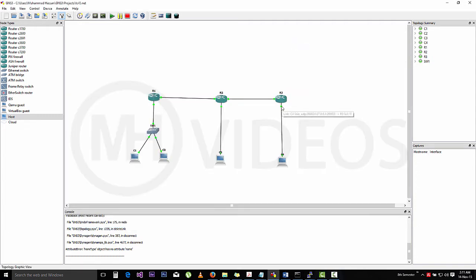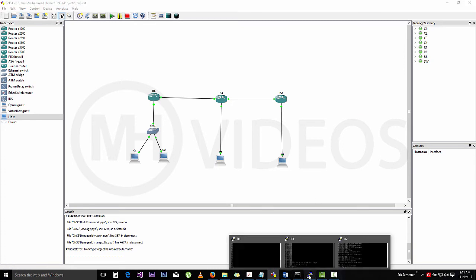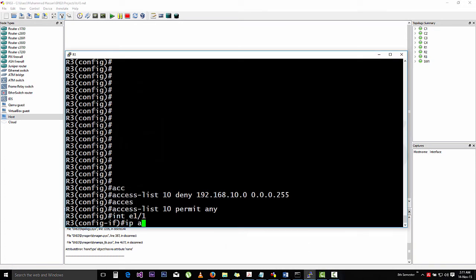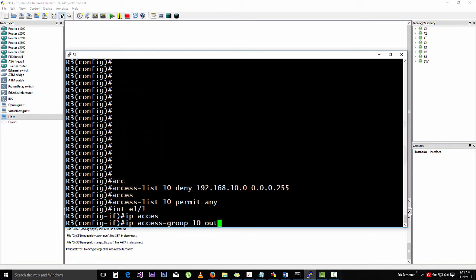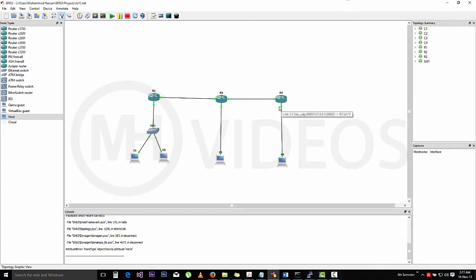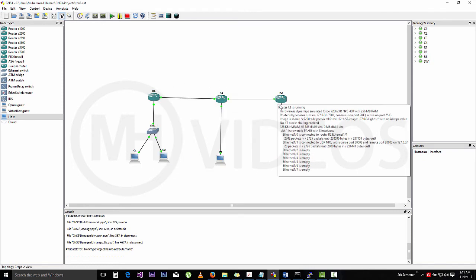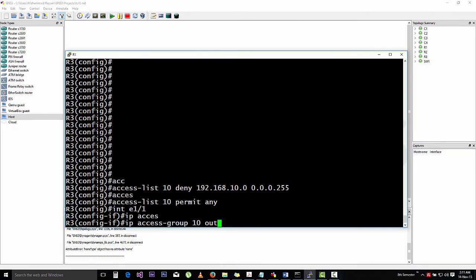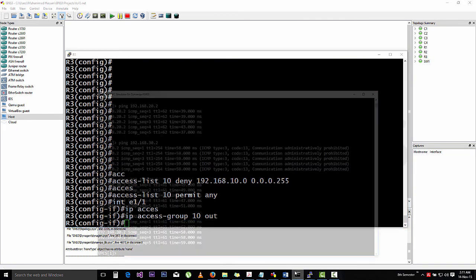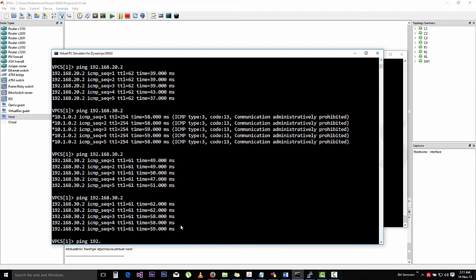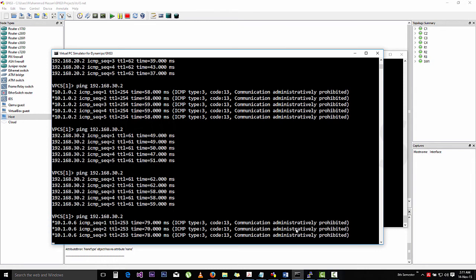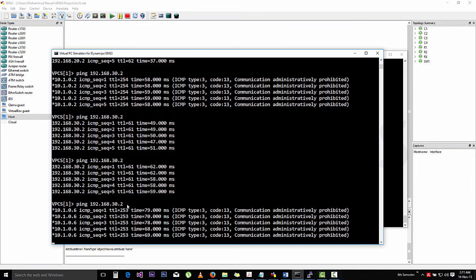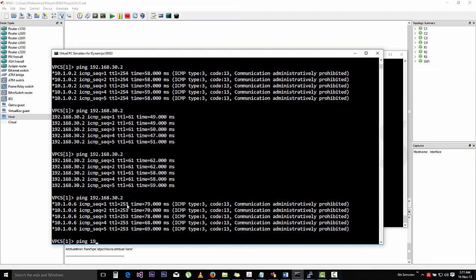Why E11? Because this is E11, and IP access group 10, and then out. And why out? Because we know that the traffic will be flowing from this whole network towards this, and then from R2 to R3, and on this interface the packets will be outgoing. So we want to block the outgoing packets. So I'm saying out here, and then let's try pinging the network 192.168.30.2, and now we can see communication administratively prohibited, and that means that the access has been blocked, but we